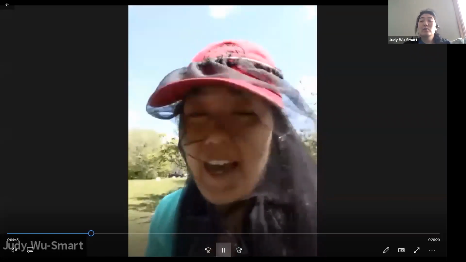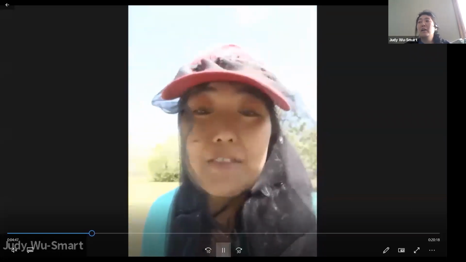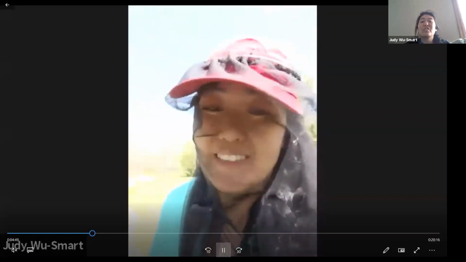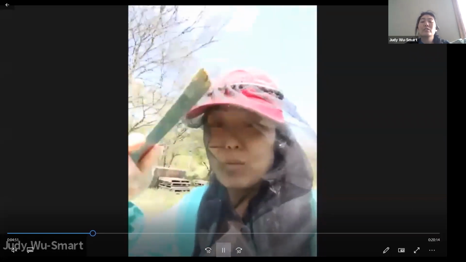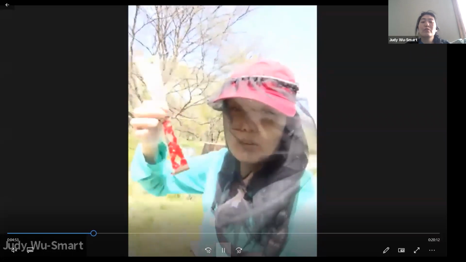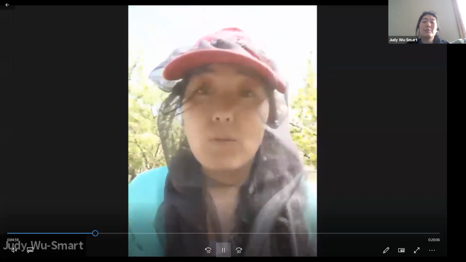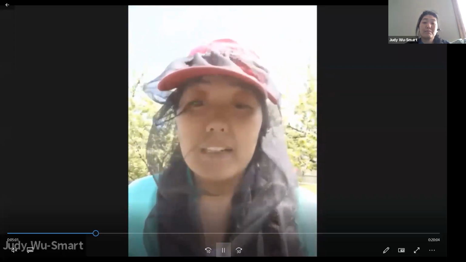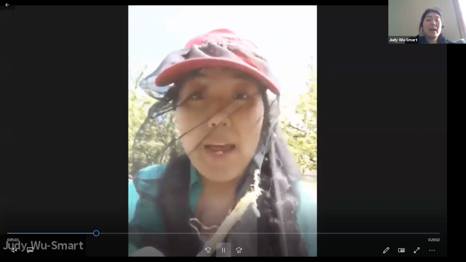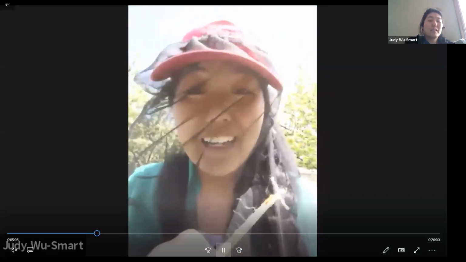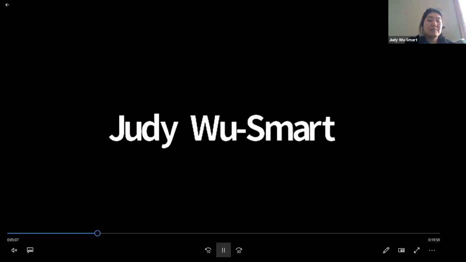A hive tool is just a piece of equipment that we use to make sure that we can move the frames and the combs easily. So there's that hive tool to help me manipulate the frames. And so now I'm going to take a look at these hives.